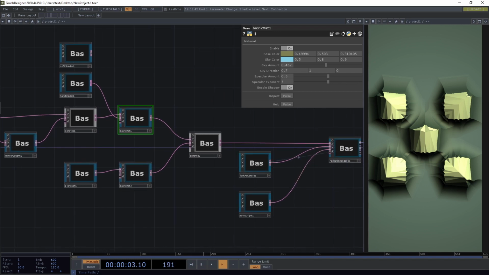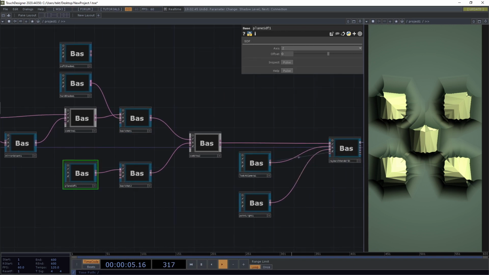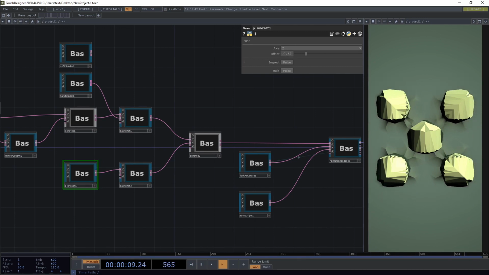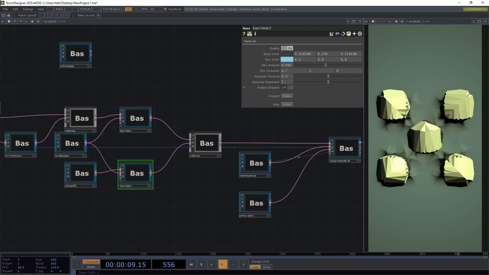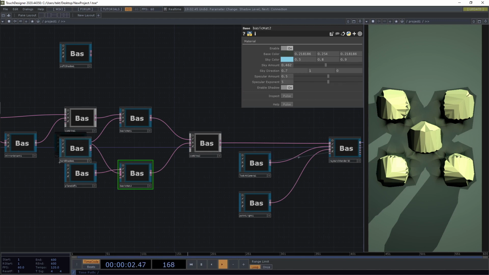It's a little bit hard to see here because the ground, I'm trying moving the ground plane back a bit further, and then I'm gonna connect up this same shadow to this other material as well, and then switch on shadows there. So you can see here that it has these hard edges,